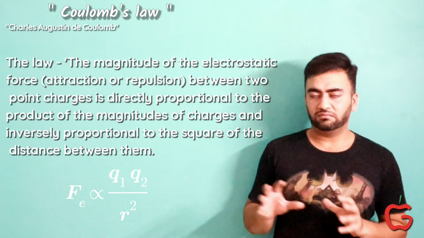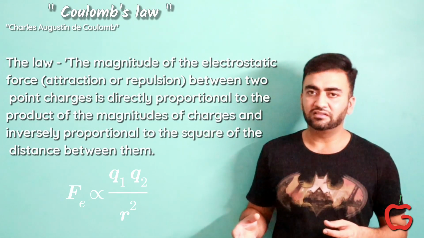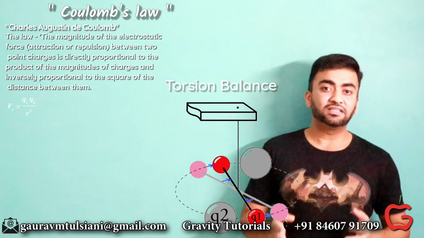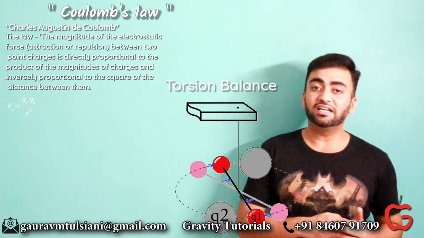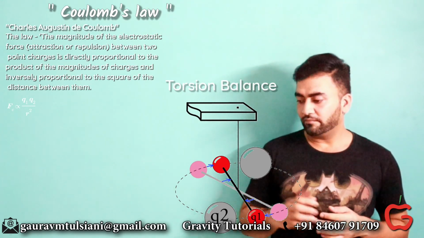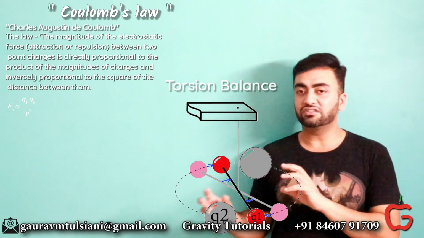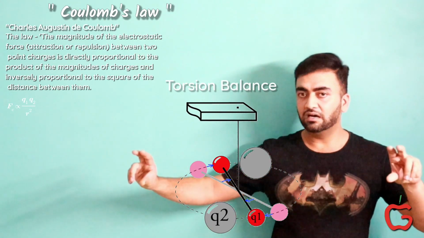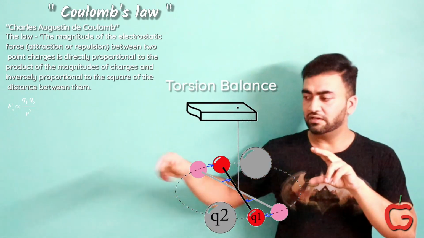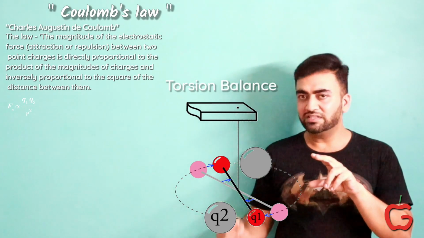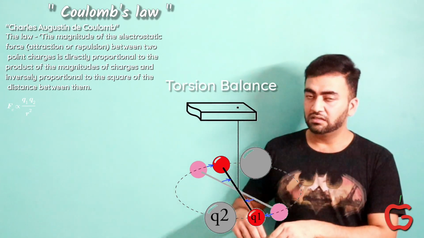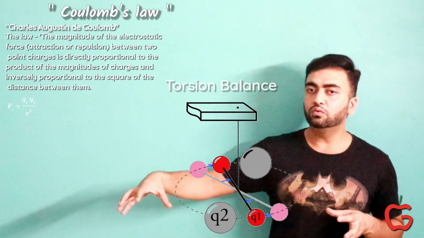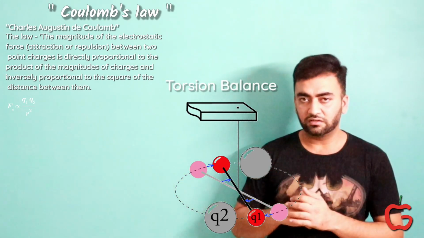Now how did Coulomb come to this point? How did Coulomb get to find this? He made a torsional apparatus. Coulomb actually designed a torsional apparatus which was later used to find the gravitational constant value also. The torsional apparatus is a rigid roof through which a twistable rod is hung, below which a rigid rod is hung, which has two spheres which can be charged.